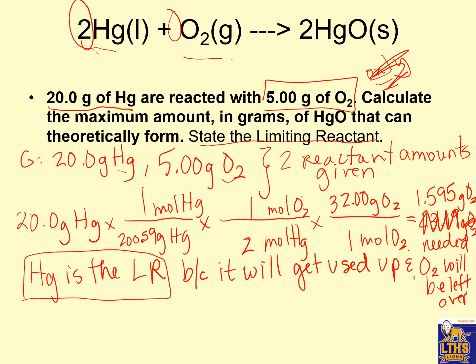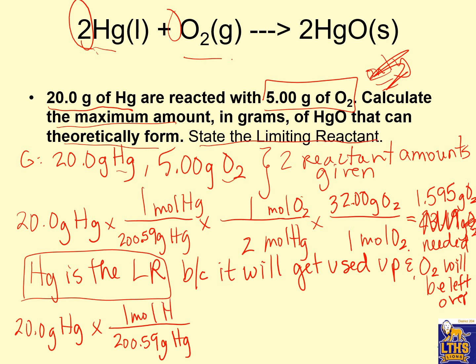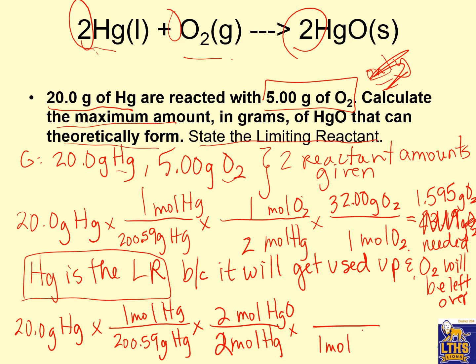Okay, the second part of this says calculate the maximum amount that can be theoretically formed. So once I know mercury is limiting, I use mercury, and now I've got to figure out how much product I'm going to get. So I'm going to be using pretty much the same setup. Change it to moles because then you can use the mole ratio. This time I'm going to say 1 mole of mercury, 2 moles of mercury coefficient for every 2 moles of product this time, because the theoretical yield is the amount of product, and then 1 mole of mercury oxide for every